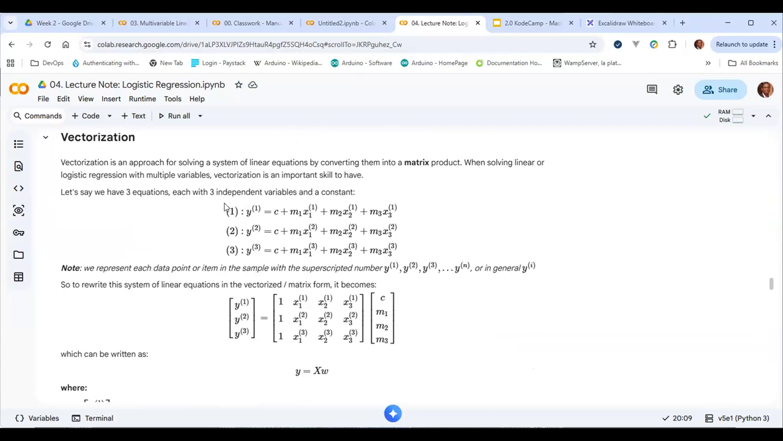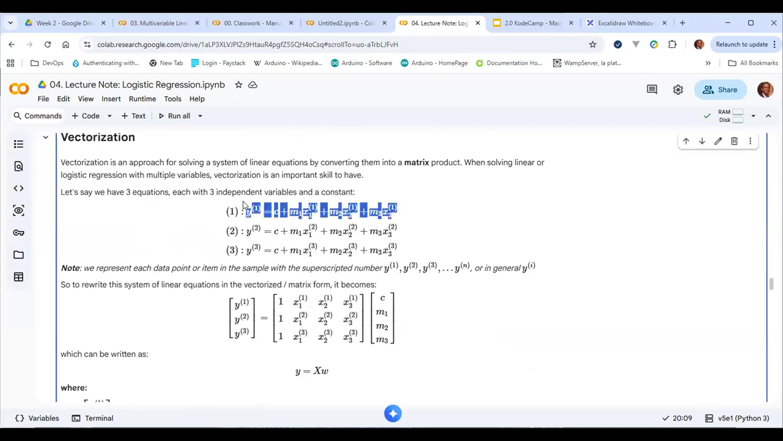Let's assume that you have three data points. These are three data points, right? The three linear equations, right? Now for each of these, basically, it's not three linear equations, it's the same single linear equation, but you have three different y's, three different x's, three different x1s, three different x2. Each of this is a single data point, a single point on a graph. Think of it